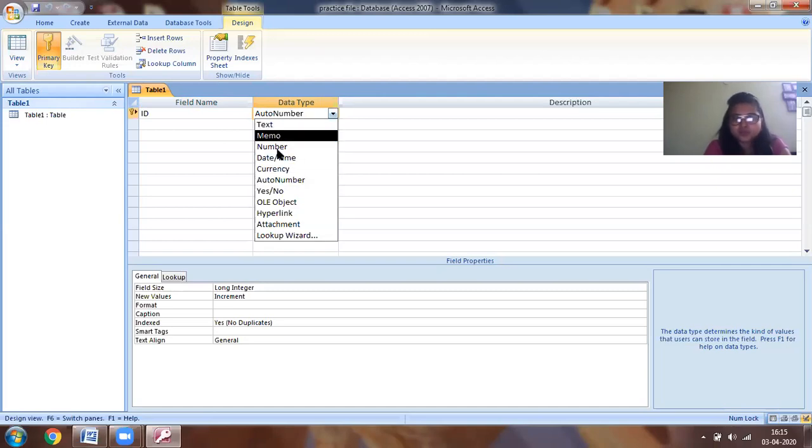Yes/No may be an option of a field name where I have either yes or no. OLE object is basically your picture, any scanned picture or barcode, something like that, which is a figure. Hyperlink, your links, could be your email ID, or any attachment, if provided. Lookup wizard may be a drop down list where you have only specific options.